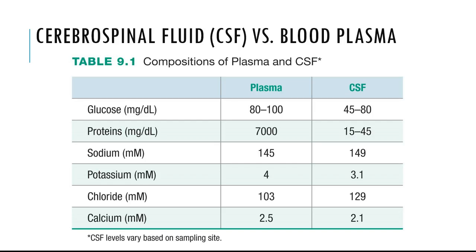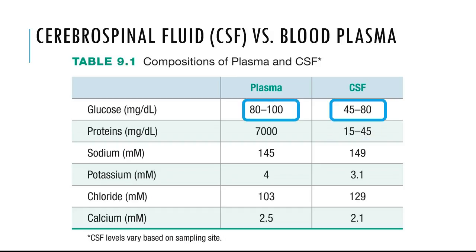If you turn to table 9.1, it gives you a quantification comparing the blood plasma in the second column to the cerebral spinal fluid in the right column. If you look at the glucose in the blood plasma, the range we've seen before, if you're diabetic, you know that range, right? So 100 is the upper end of homeostasis in the blood plasma, but if you look at the cerebral spinal fluid, the blood glucose level is a little bit lower. Again, reiterating the importance of constant blood flow to the brain.